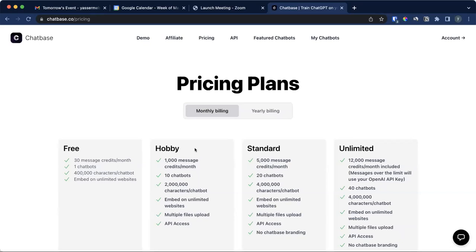Yeah. So I think we have time for one more question. How do you decide if it's better to fine tune or to use embeddings? So in my experience, embeddings work much better if you want your chatbot to know your data. I think fine tuning is good if you want your data to be outputted in a certain format, but in my experience, embeddings are good enough and are the way to go if you want to inject data into ChatGPT and make it answer questions about this data, which Chatbase is doing.